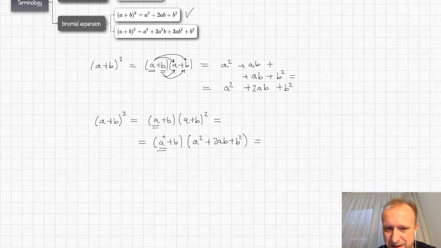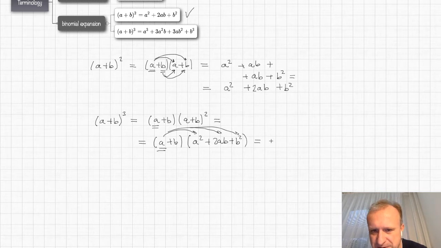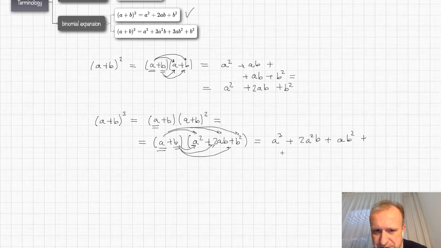So now I multiply by a, this, and this, and write it in one single line. So it's a times a squared is a cubed. Now a times 2ab is plus 2a squared b, plus, and you have a times b squared, ab squared, like this, plus, and now go to the second line and multiply by b. So it's b times a squared, b times this, and b times this. So b times a squared is a squared b, and I will write it below, plus, and we have b times 2ab, which is 2ab squared, plus, and we have b times b squared,